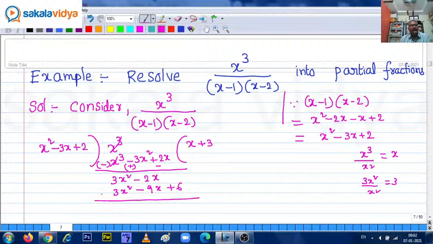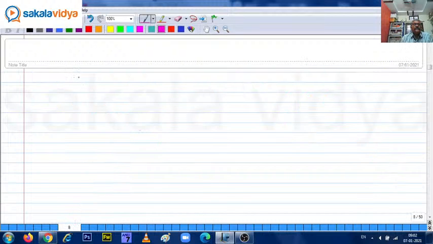Change the sign. Minus, plus, minus. So 3x square cancel. 9x minus 2x is 7x. This will be minus 6. Now this can be written using the division algorithm. That's called division algorithm. So we have